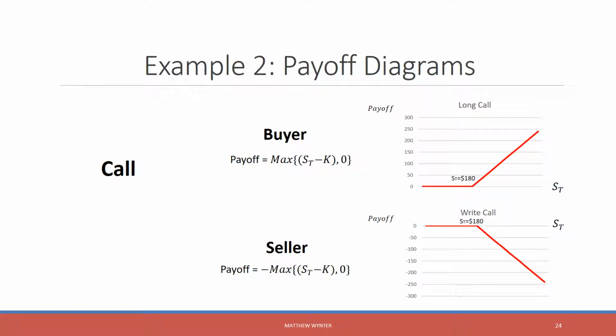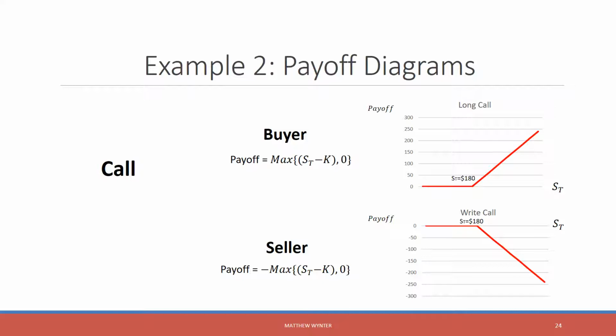What do you see for the seller? Notice that for the seller, anything above 180 is a negative payoff. And again, for every dollar that we gain, it's a dollar that the seller loses. So we know that with the call option, if we expect the price to appreciate above 180, then all of that is potential upside. What's different than what we saw when we were looking at being long on the forward or buying the forward